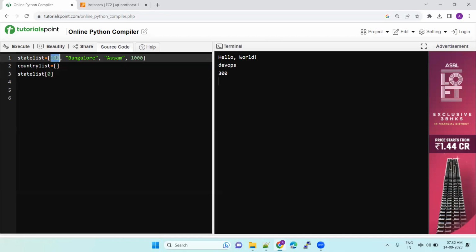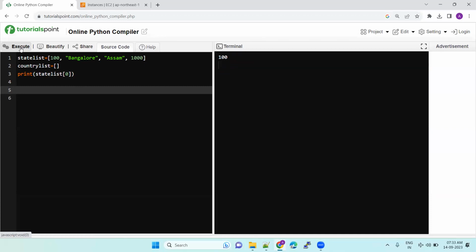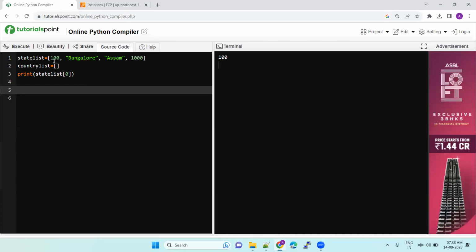So if I want to print the index, it starts with index 0, 1, 2, 3. Whichever value you want to iterate, we can go with it like this. If you want to use the state list, we can use print, that's it. Okay, so internally it's an array kind of a thing. It will start with index 0, 1, 2, 3. If you want to print some value,